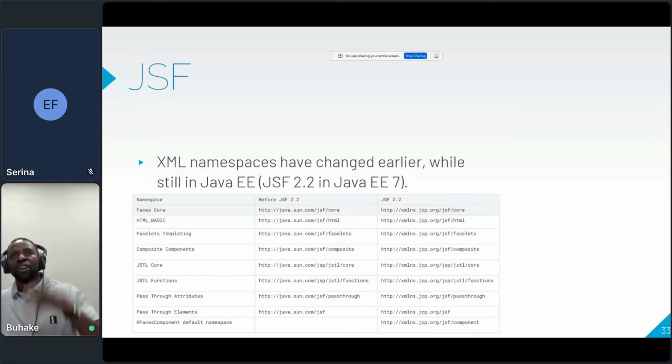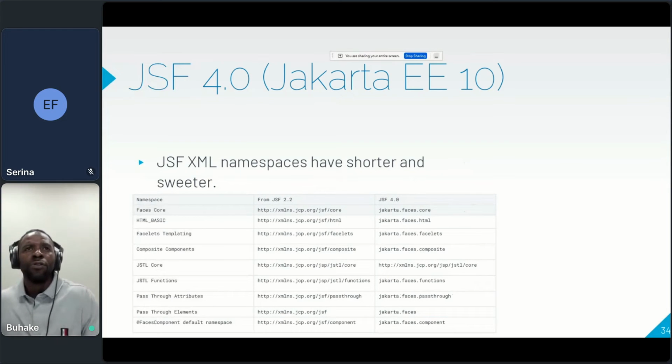But from there to now, we moved from jcp.org to JSF 4, where we do not have a URL-based namespace. We have shorthand names, for example.